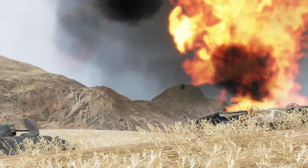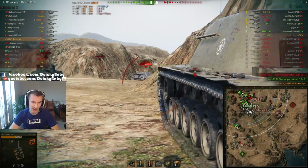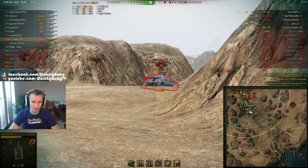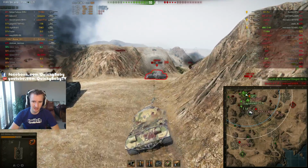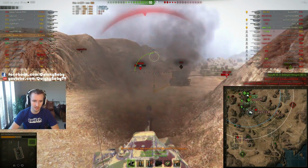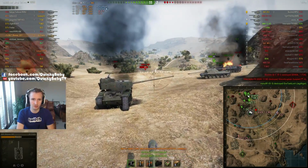Headshot. Ammo racking a half-health T110E4 for 1,260 damage. Got a rush of blood to the head for that one. The Jagdtiger just stuck right there, nothing he can do. And this is where having the DPM of this tank is lovely. He tracks me again, we repair the tracks, we get forwards, he gets finished off,